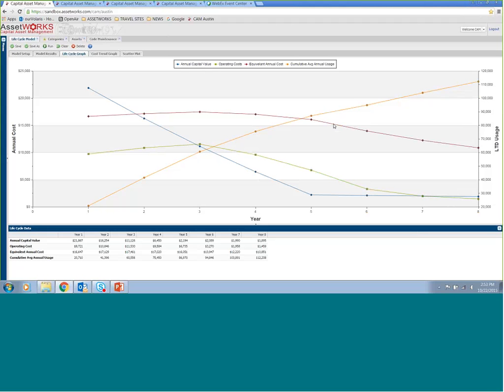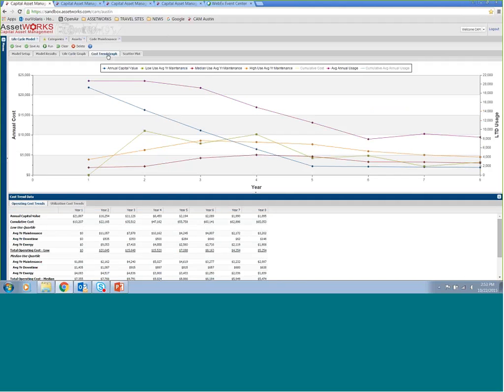And in the analysis that we've been doing, what we're seeing, though, is these curves tend to be flat. So we have to look at some additional data to help us understand what might be going on and occurring, and helping us to set what might be the appropriate life cycle. So one of the things we did is we implemented a set of graphs that were brought to us by the City of Calgary. They've developed this methodology and used it and asked us to include it into CAM, and we agreed. And what we do here is, I'm going to remove a couple of these graphs just to simplify it,